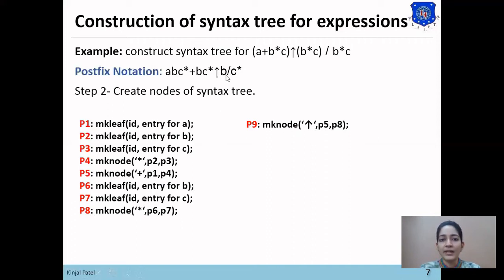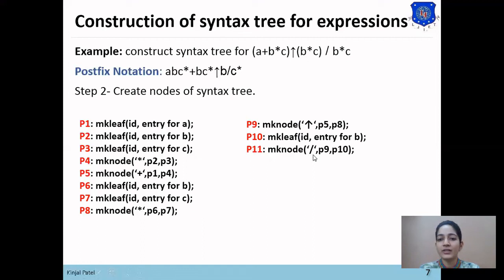Now the next operand is B. So to generate the B node, the make leaf function is used to make the entry for B, and this output is stored in the P10 temporary value. Now the next operator is division. So for division, the make node function will be used. So there are three fields in the make node function.